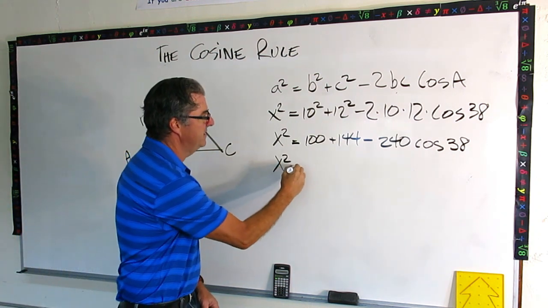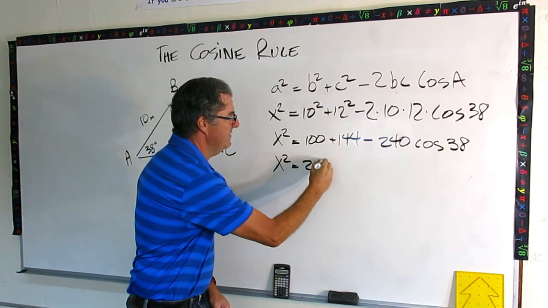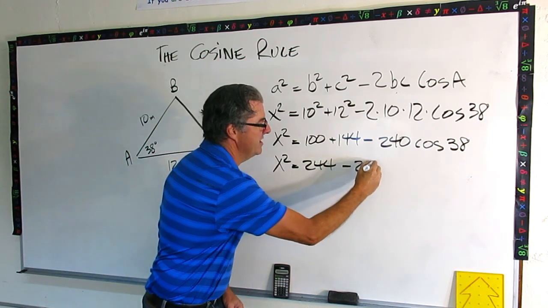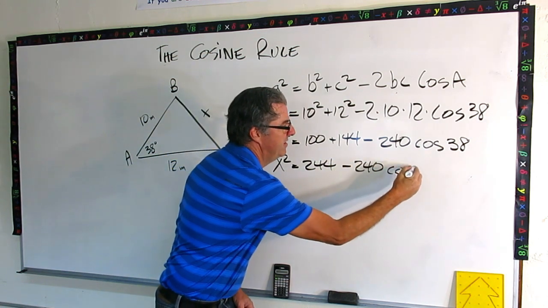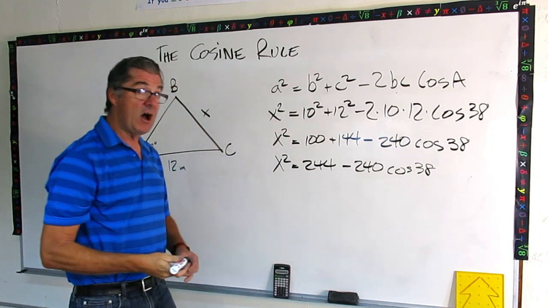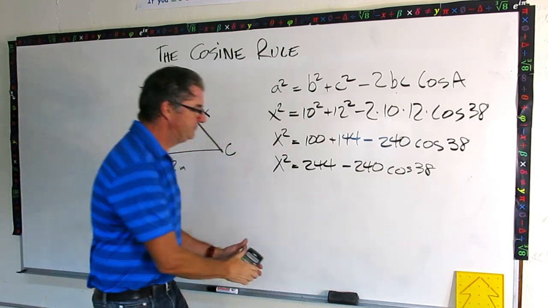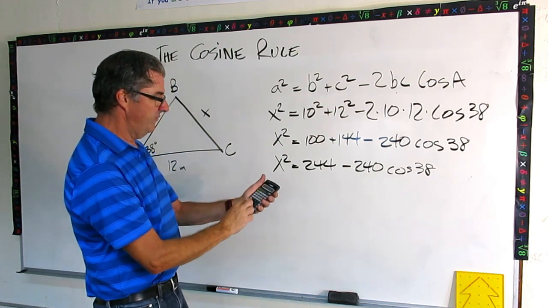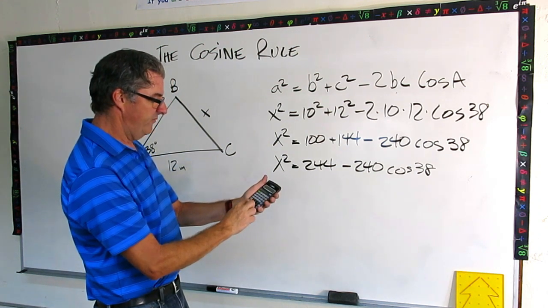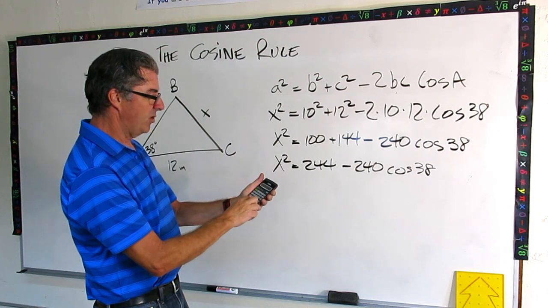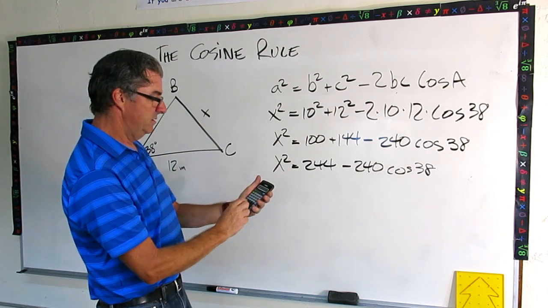Let's keep on going. This is going to be 244 minus 240 times cosine 38. So now I'm at a place where I can actually just get out my calculator and solve this one. I'm going to get 244 minus 240 times parentheses around,